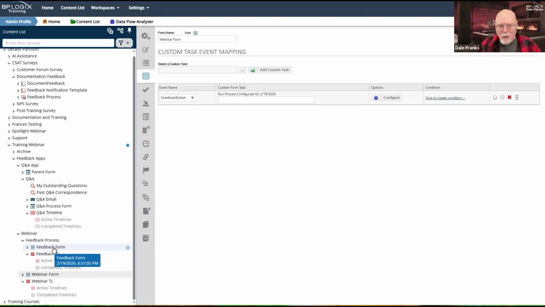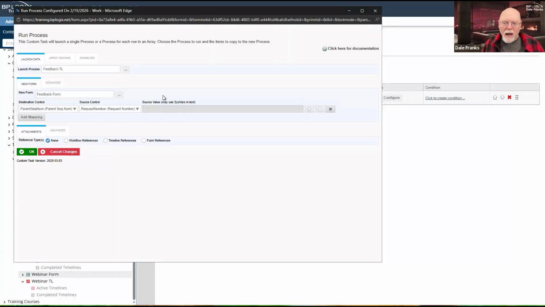In this case, it was the sequence number that you pass from your parent form to your child form, as we did in the configuration here. As long as I have those values that I can pass. So on both my parent form and on my feedback form, I have both source fields and the appropriate destination fields. I can use this anywhere, and I can pass those fields back and forth.